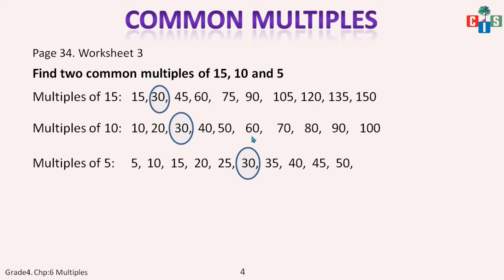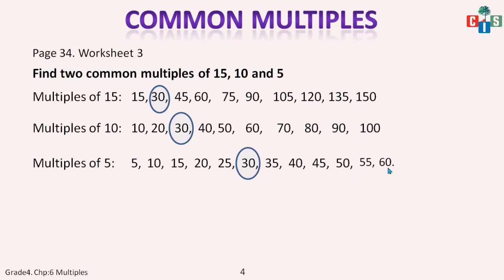60 is here and 60 will come in the table of 5 also. I know that, but this is still 10 only. We have written 5 tens are 50 and I know that after 50 comes 55 and 60. So 60 will come. That is 5 12s are 60. So what I have done, multiples are unlimited. Yes, so I have extended the table of 5. The table of 5 was written only till 10.